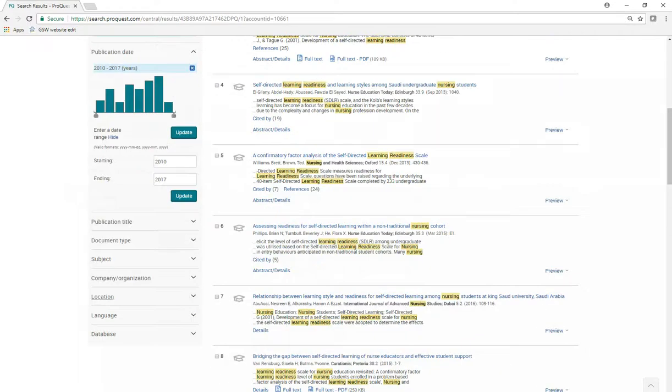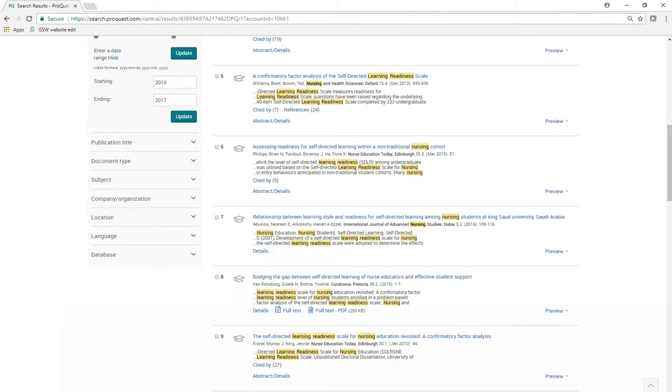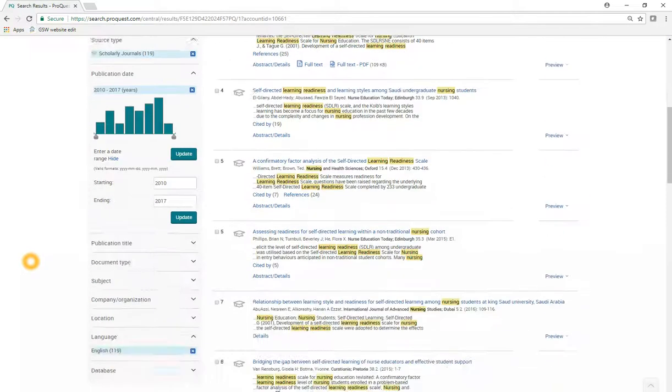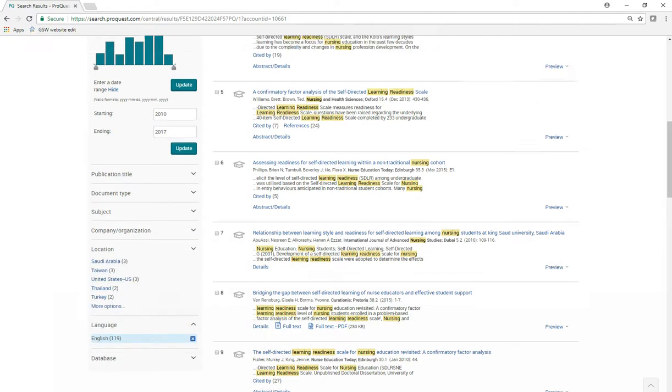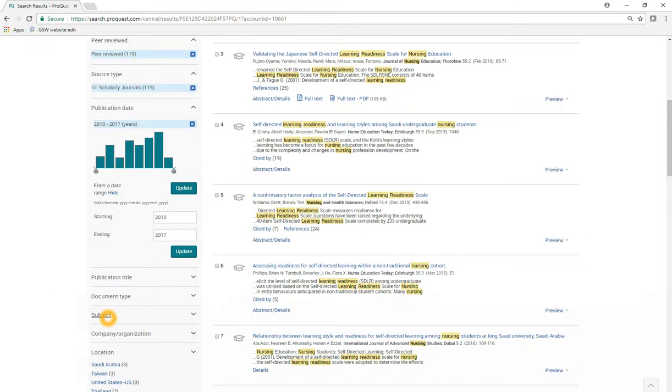Now we can further narrow it down if we wish. We can look at, for example, language. I can't read Turkish or Finnish, so I'm just going to select English. Location, you can keep that specifically to the United States, right, if you want to. For subject,